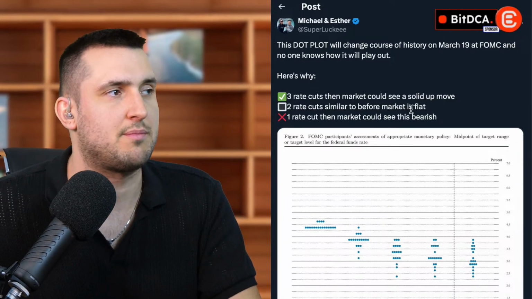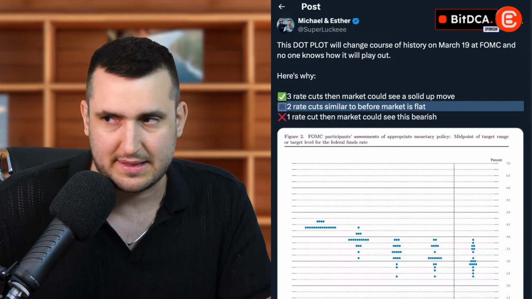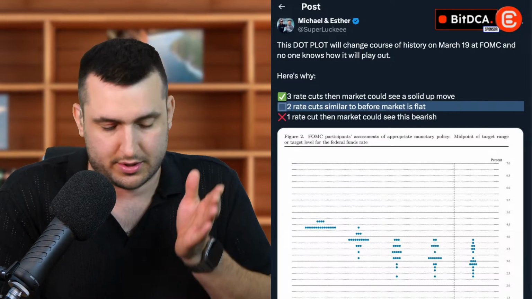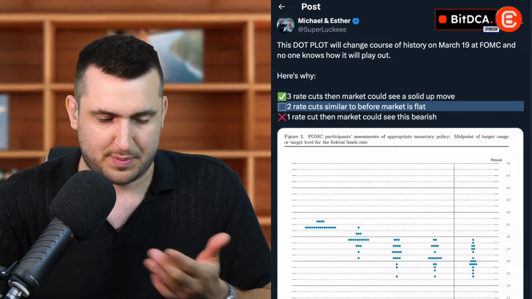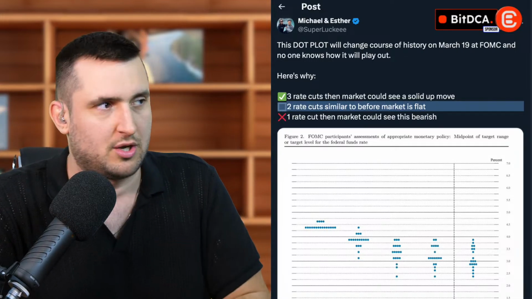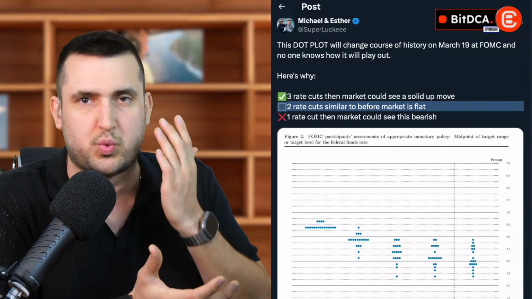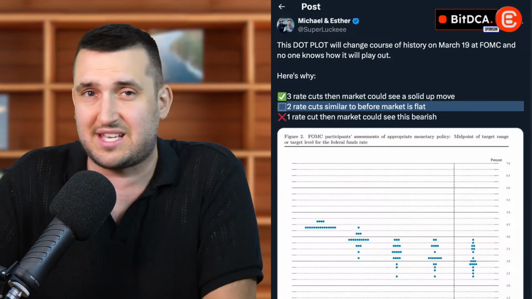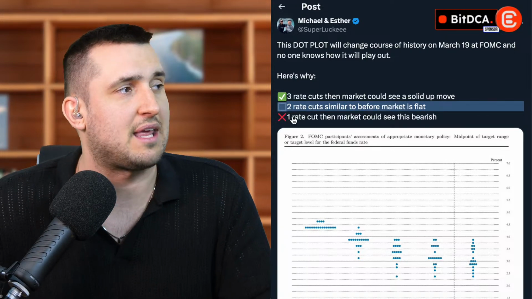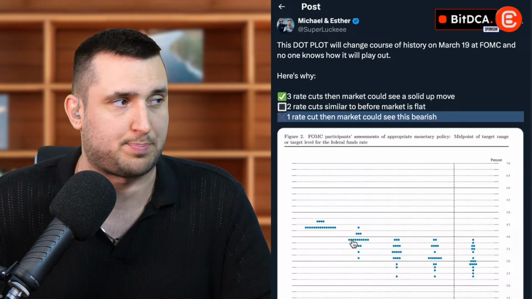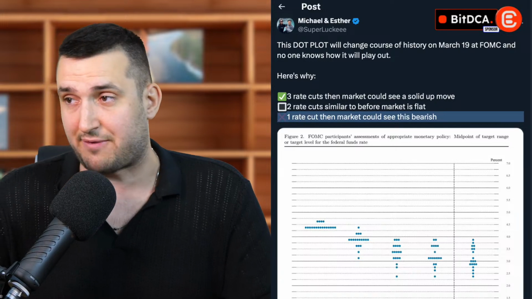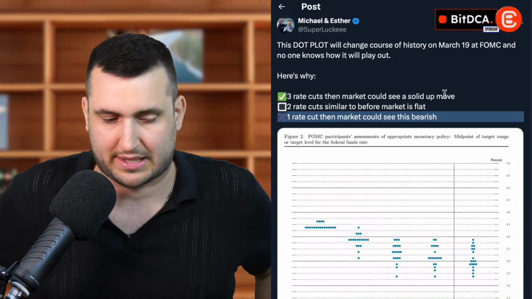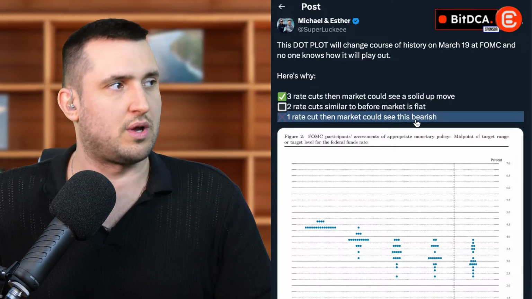With 2 rate cuts, similar to before, the market is flat. I agree with this. However, I also think that the conference, the speech the chairman, JP, will give, will be very relevant to see whether they stop quantitative tightening, whether they start quantitative easing, what is really going to happen here. And if it's 1 rate cut, meaning the dot plot comes in at or above 3.75, we're screwed. That's just going to put another massive selling pressure onto the market, especially in crypto. So it will not be good.